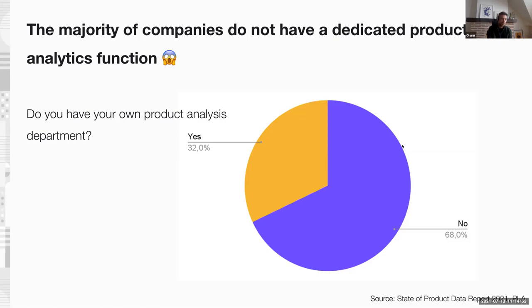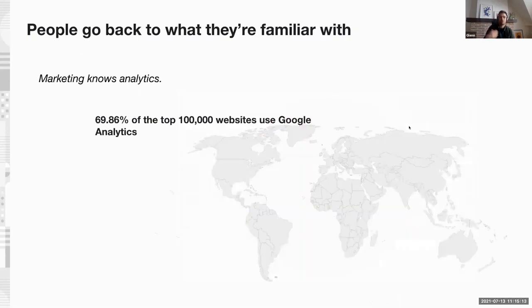And it also means that they know they need to have measurement at the core of their organization in order to improve customer experience and understand how people are using products such as their applications and their websites. The challenge is that they don't understand which type of technology they need in order to get there. And so what do people do in that case? They go back to what they're familiar with. And who in the organization is already measuring? Well, that's the marketing teams.